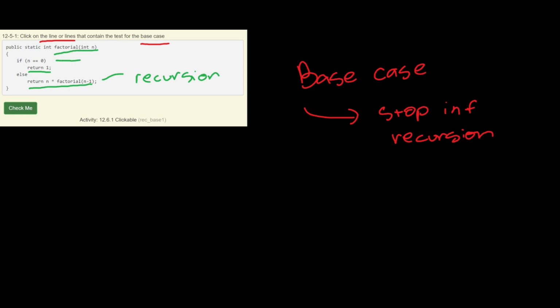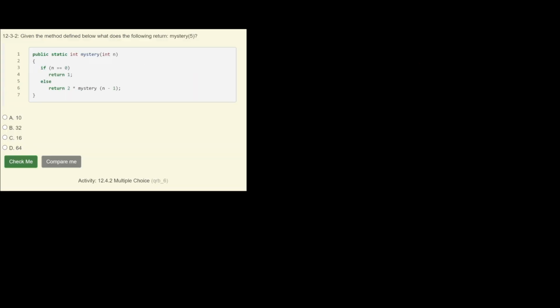So we can say that this line right here is our base case, because we know that when n is 0, the method is going to stop calling itself. It's just going to return 1. So therefore the answer is line 3. That is the answer. So this is going to be the last practice problem that we do in this video,